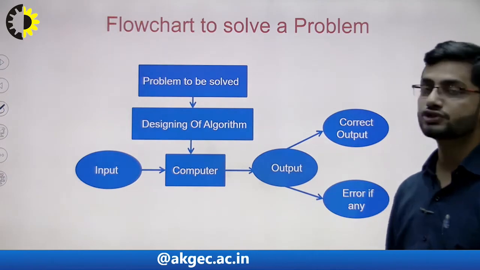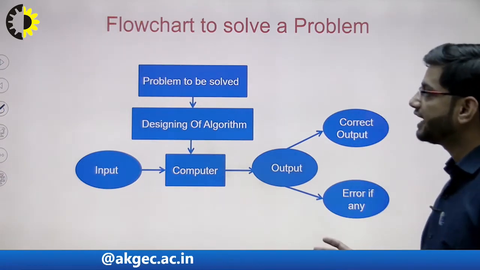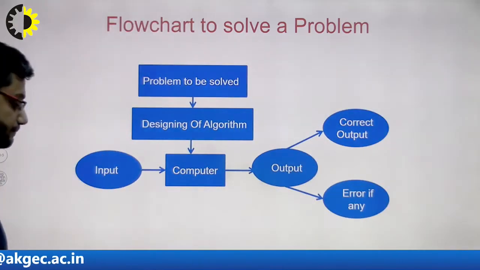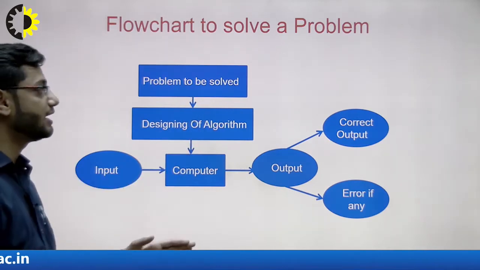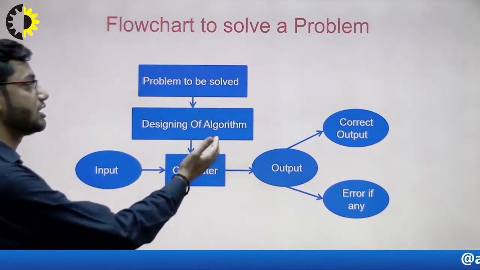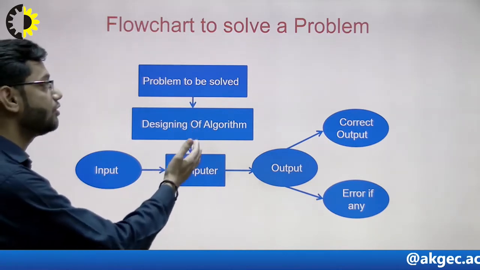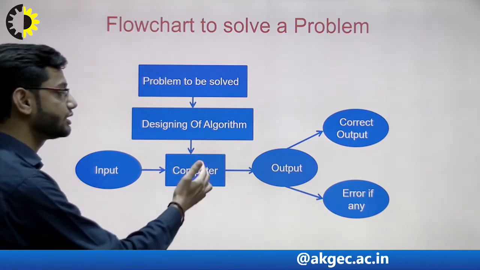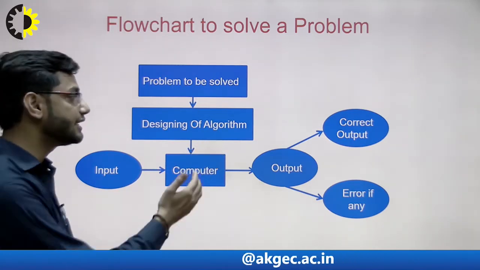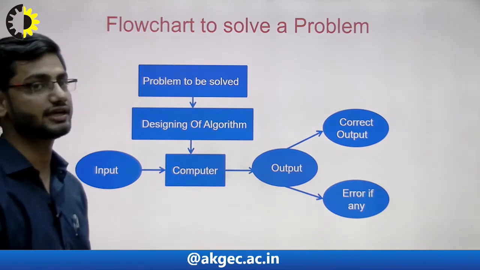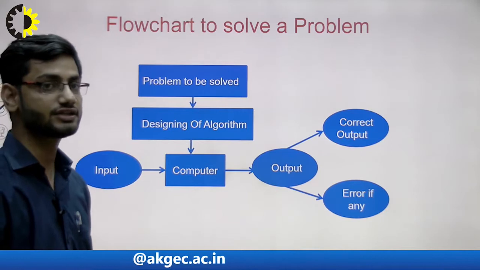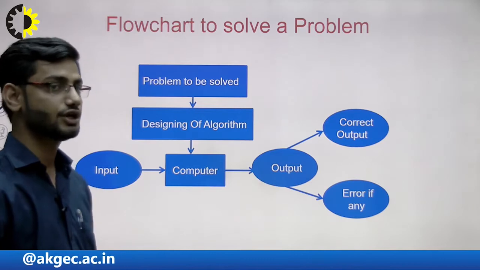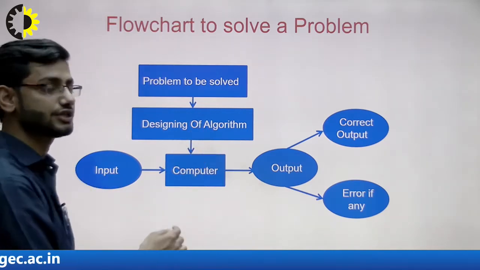So this is the flow chart for a problem. Initially we have the problem to be solved, and we can design a number of algorithms for that problem. Clear? Now I have designed an algorithm for this problem. Now I can't feed this algorithm to the computer. Why? Because algorithm is written in high level language, that is English language, natural language, and computer being a mechanical machine can't understand this high level language. So we have to convert this algorithm first into a program.